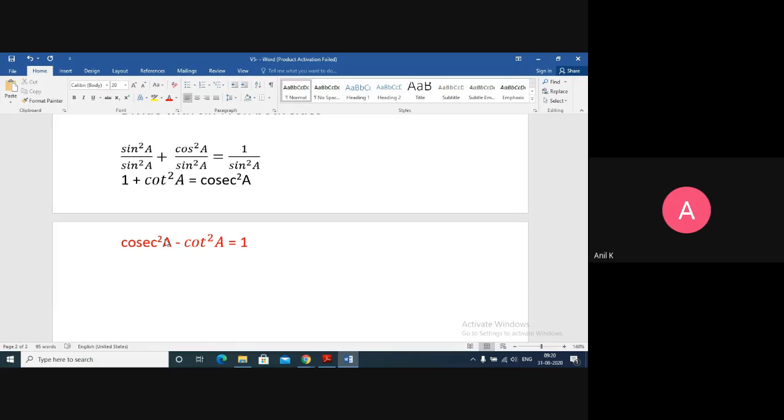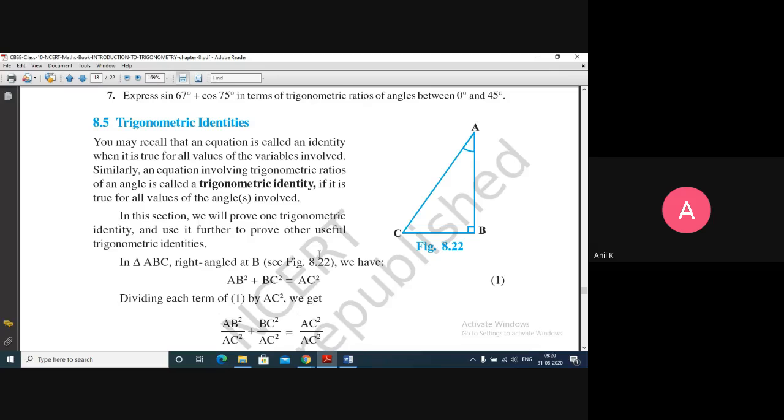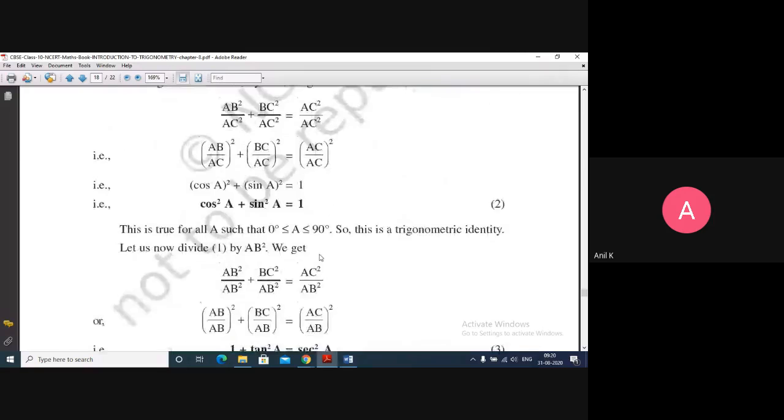Depending on the question and the requirement, I have to prove in the RHS what they have given in the LHS. Considering all that, we'll decide what to use. There is no formula, there is no shortcut. Depending on the question, we have to decide. This is where some students feel difficulty, because they are unable to decide which one to use. So these are the three trigonometric identities we discussed.